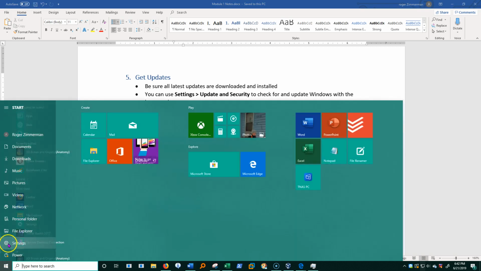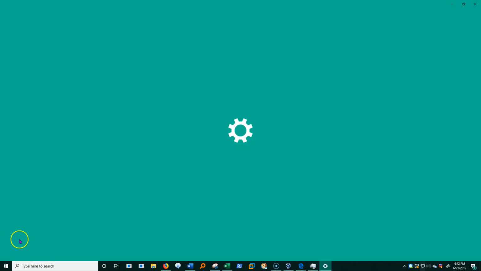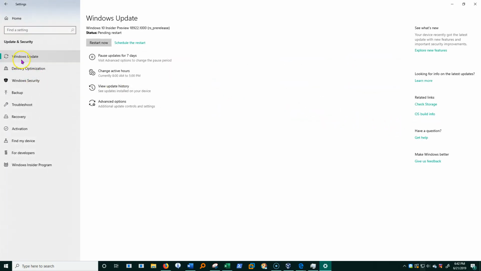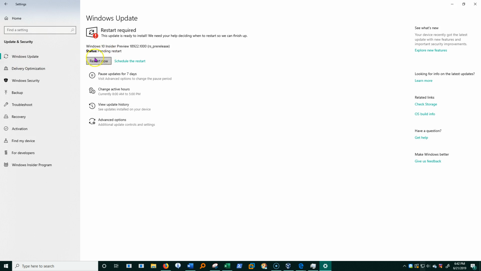You'll simply open up Start and then the Settings app. We'll go to Update and Security, and here under Update, right now I'm waiting for a restart in order to install some recently made updates, but you may have a check for updates button there, and you'll want to make sure that you have the latest ones.